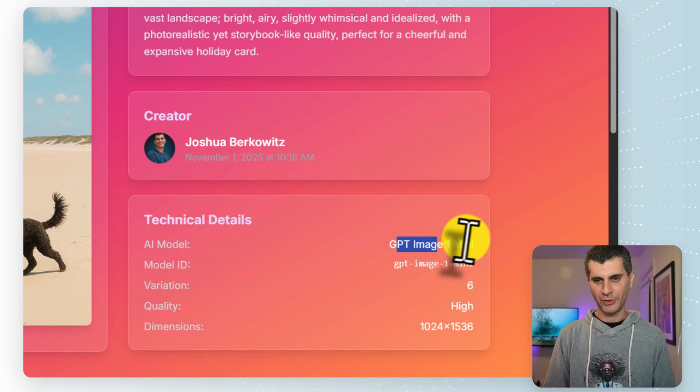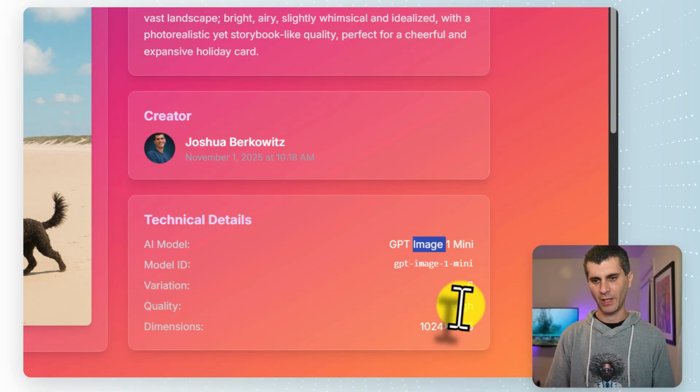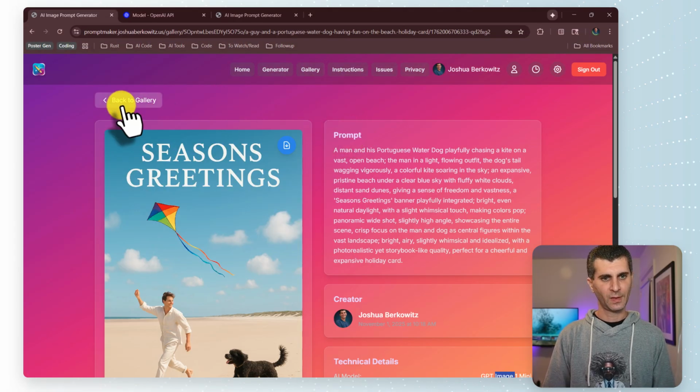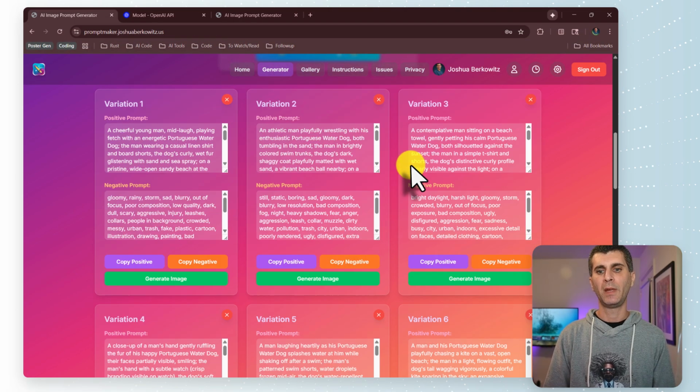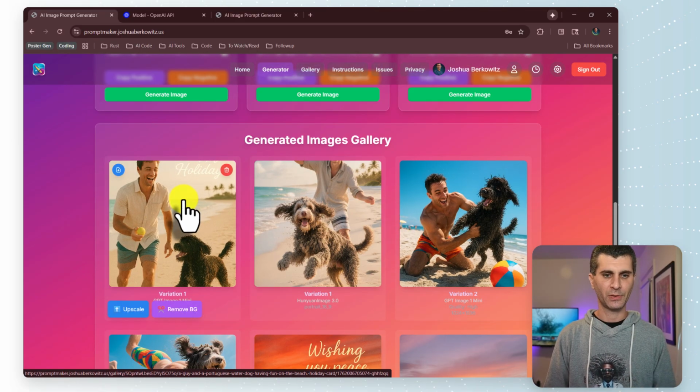All right, this looks pretty nice. This was generated with GPT Image 1 Mini. We see that this was variation 6, and we also see the quality and dimensions. Now, let's say I want to make one of these images even better quality. I like this one, so I can